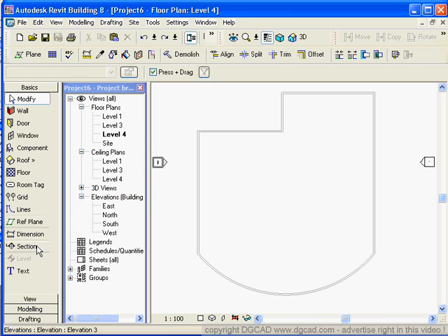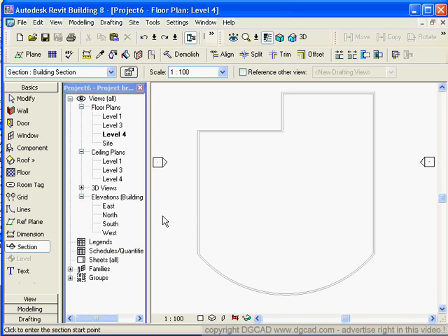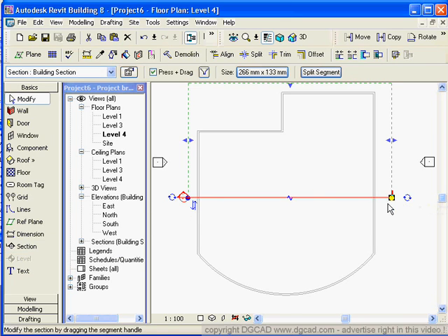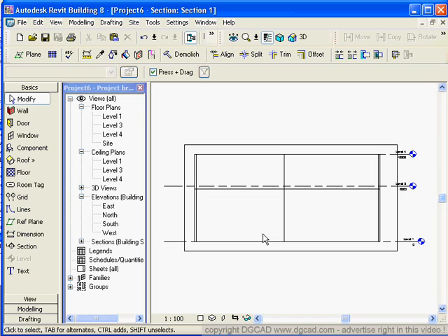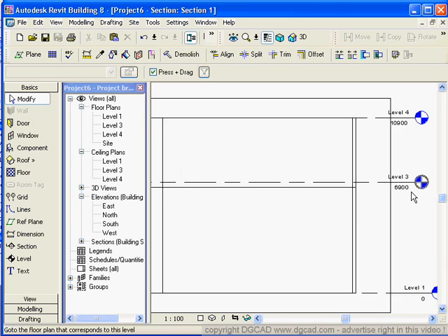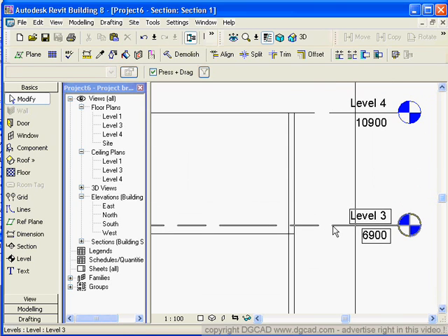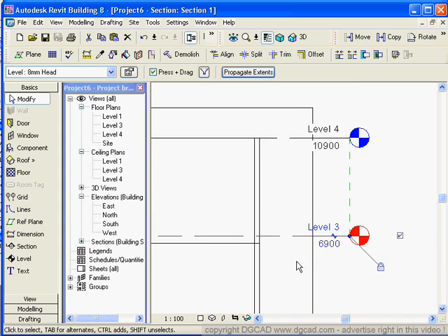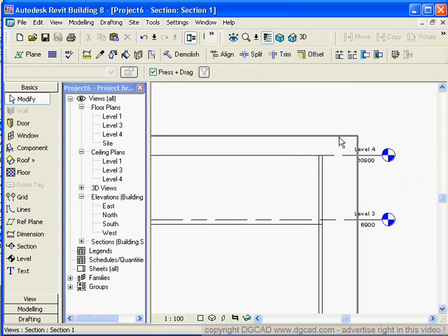Okay, now I can go in and do a section, for instance. I can draw a section. Notice I can't do a level. Draw a cross section in here, and I can double click on here, and then of course there's my section. Same thing, I can click on here, and then we've got all our options and our numbers,